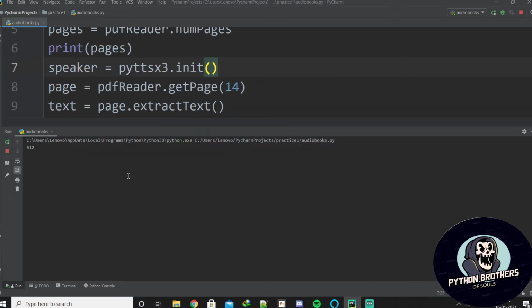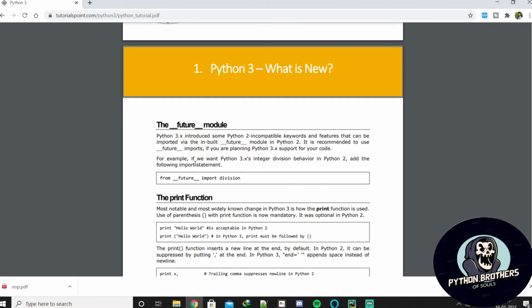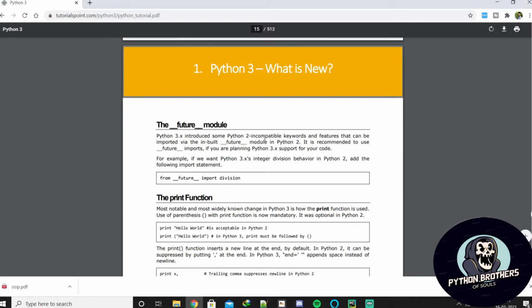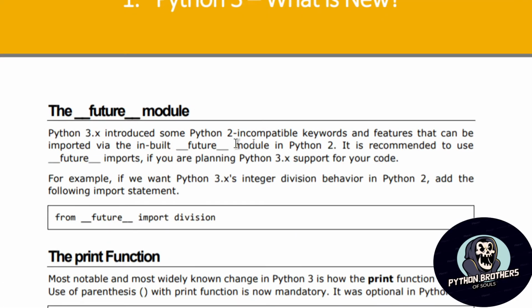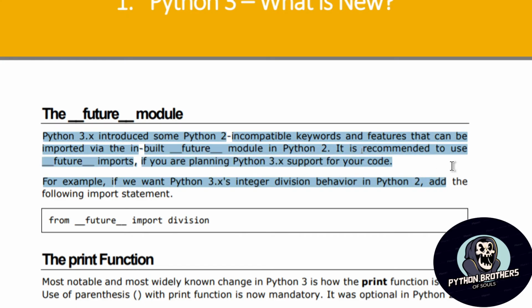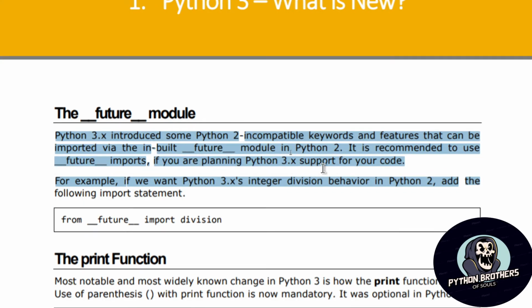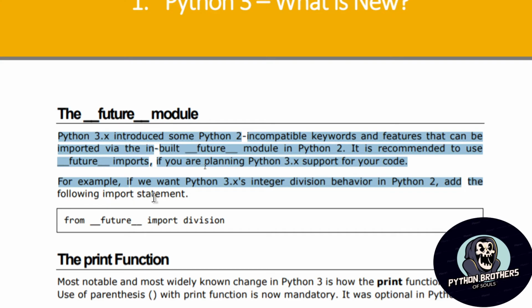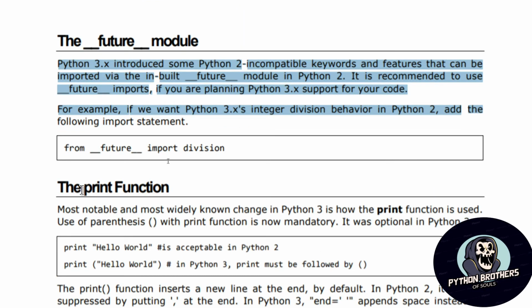Python 3.x introduced some Python 2 incompatible keywords and features that can be imported via the __future__ module in Python 2. It is recommended to use __future__ imports if you are planning Python 3.x support for your code. For example, if we want Python 3.x's integer division behavior in Python 2, add the following import statement: from __